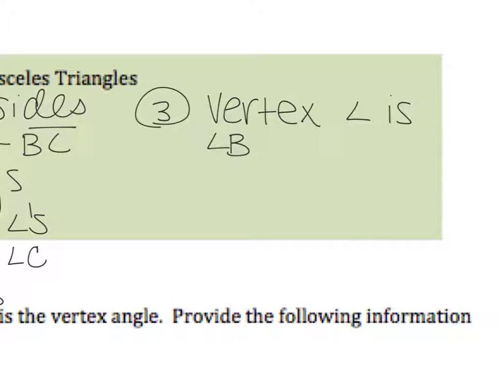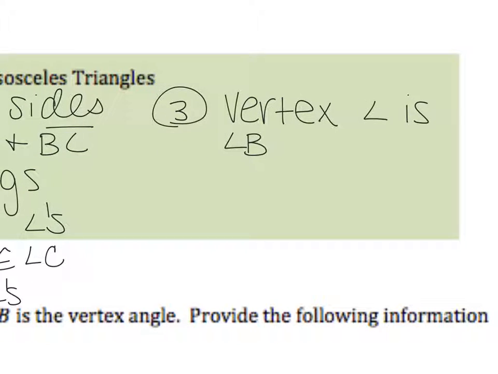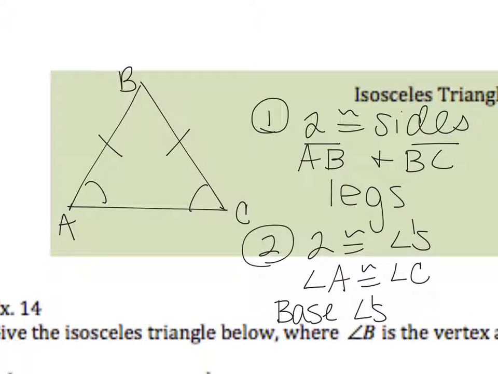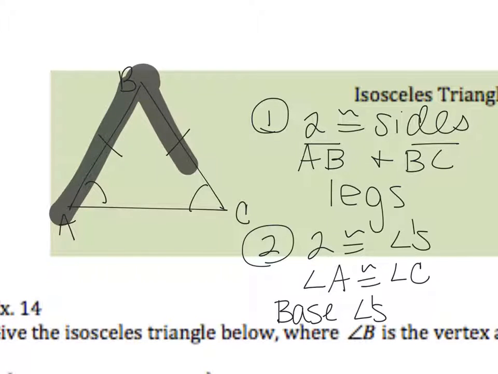Okay, so sometimes you're going to be told that here's an isosceles triangle XYZ and Y is the vertex angle. So a couple things you can tell from the vertex angle. The vertex angle is not congruent to anything, and it is also where the two congruent lines will meet. So if I didn't tell you that AB and BC were the ones that were congruent, but B was your vertex angle,